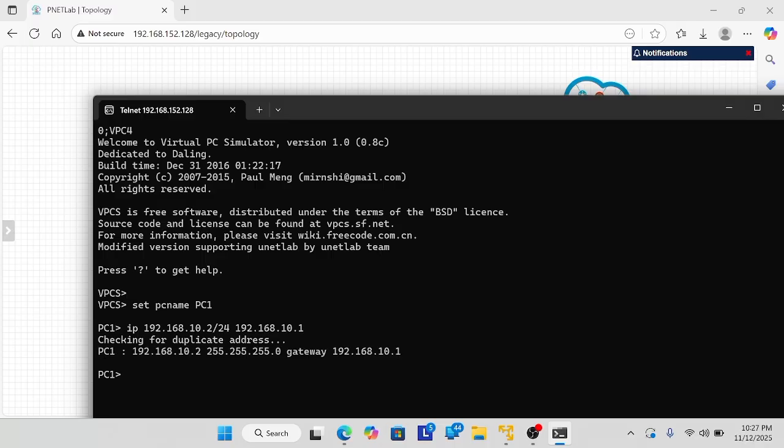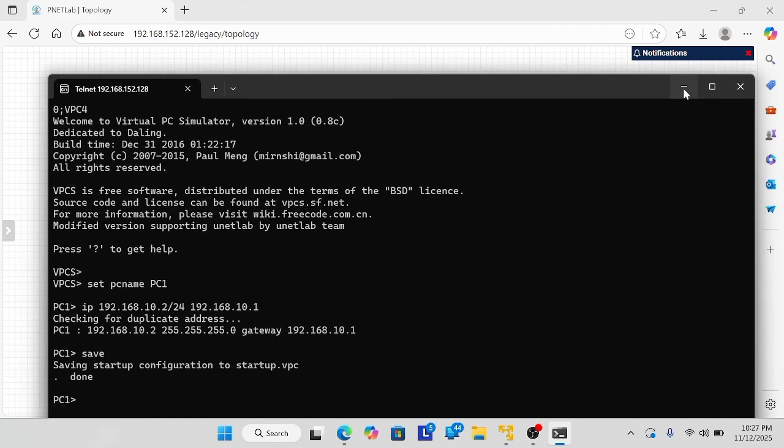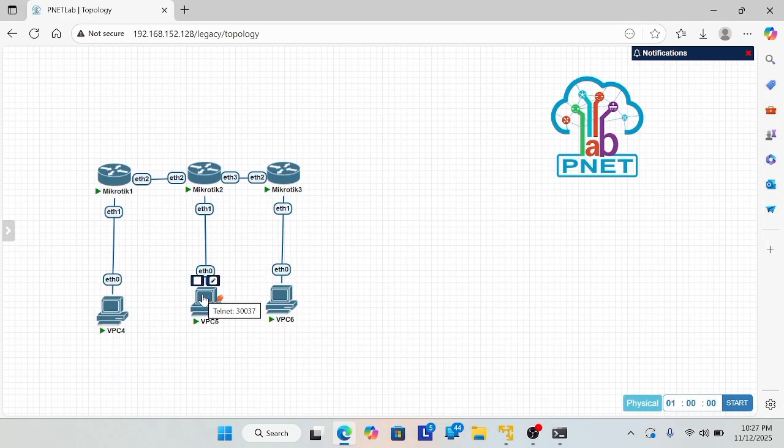After that, you can save the configuration in PC1. Okay, the configuration in PC1 is done.